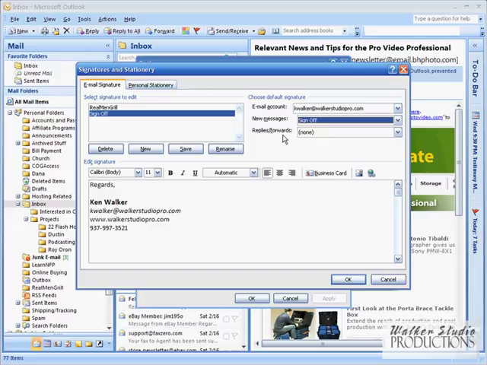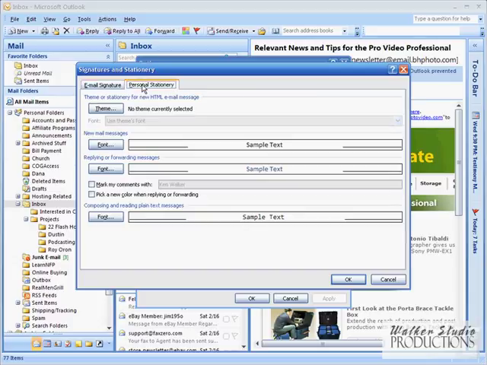And then for replies and forwards, somebody sends me an email and I'm going to reply to it. Do I want to insert that signature in every single reply? If you don't, then you put none and nothing happens. If you do, then you select the one that you want to use. So you create your signature, decide how you want to use it, and if you want to, you can even